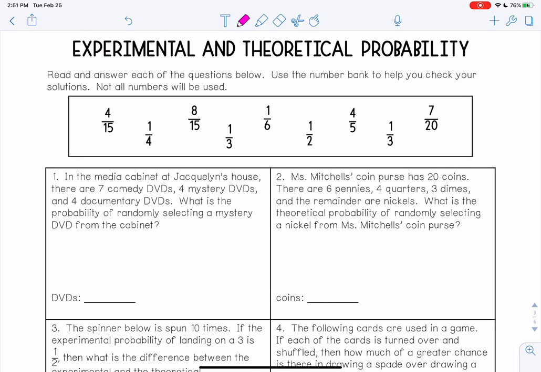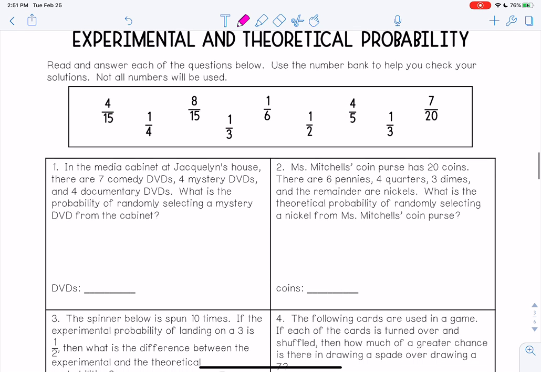All right, so number 1, in the media cabinet at Jacqueline's house, there are, let's get our highlighters, 7 comedies, 4 mysteries, and 4 documentary DVDs. What is the probability of randomly selecting a mystery DVD from the cabinet? So first, we need to know how many total DVDs we have. So we have 7 comedy plus 4 mystery, that's going to be 11, plus 4 documentaries. So 15 total